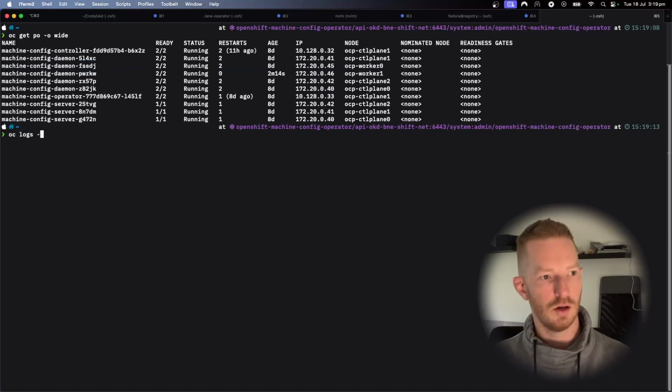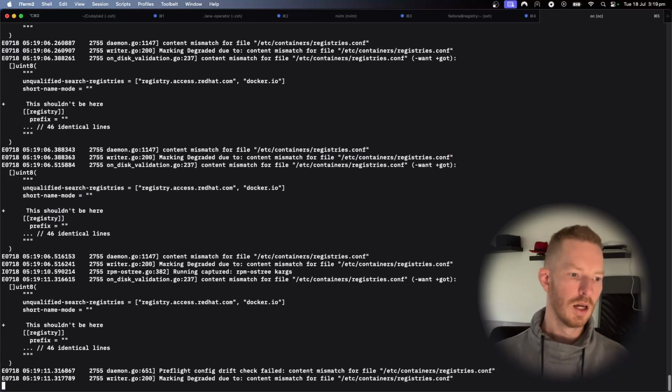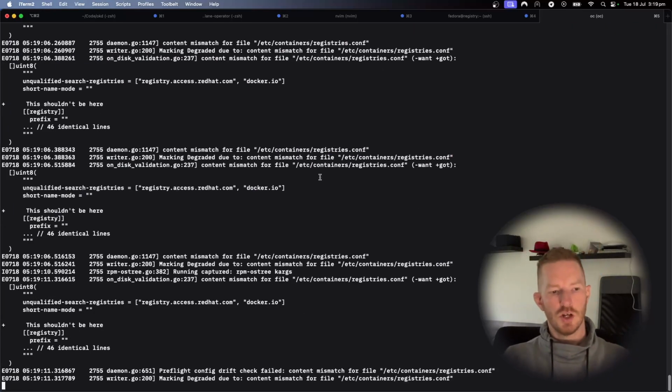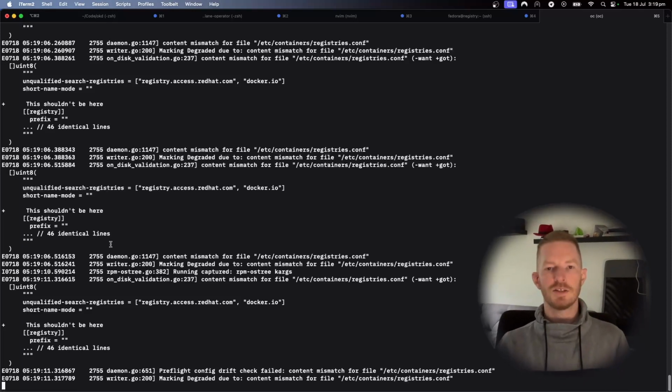So we can do oc logs -f. And what we can see there is that the machine config daemon has tried to compare the registries.conf file, which is a file that it manages based on the ignition file, and it's getting something that shouldn't be there. Now, this is the error that a lot of people are reporting on the OpenShift users page, and I see it come up in internal chats quite frequently as well: there's some file on my system that's reporting this